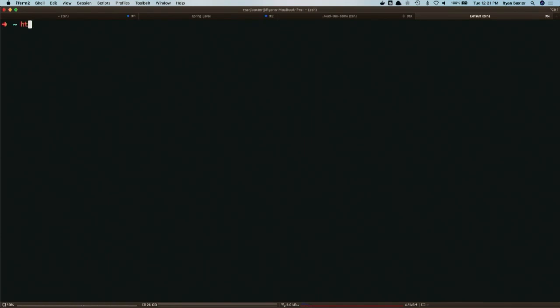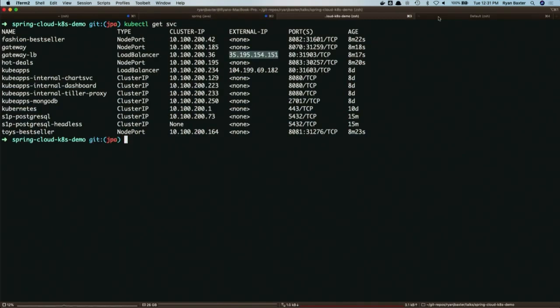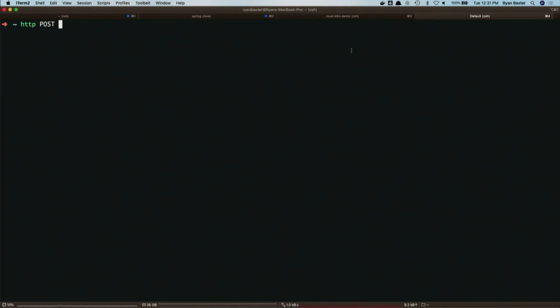Okay. I'd like to post, so I need to get the. It was post to Spring Data JPA. Yeah. It was that first one you searched past. Oh, yeah, but I lost the. Anyway. To the gateway, right? So toys-bestseller, slash JPA, slash toys.